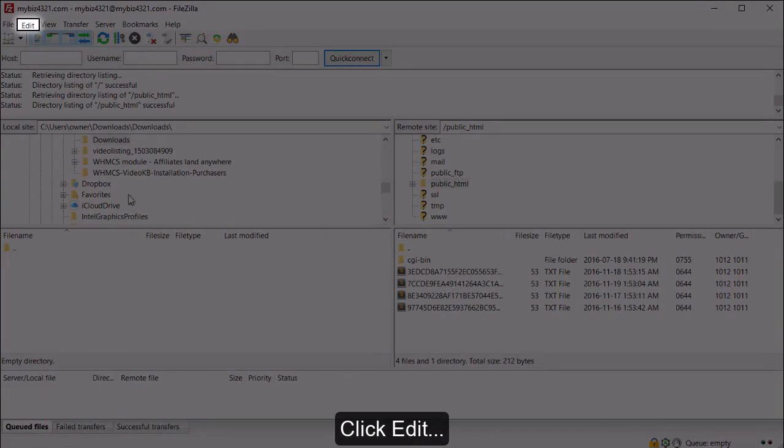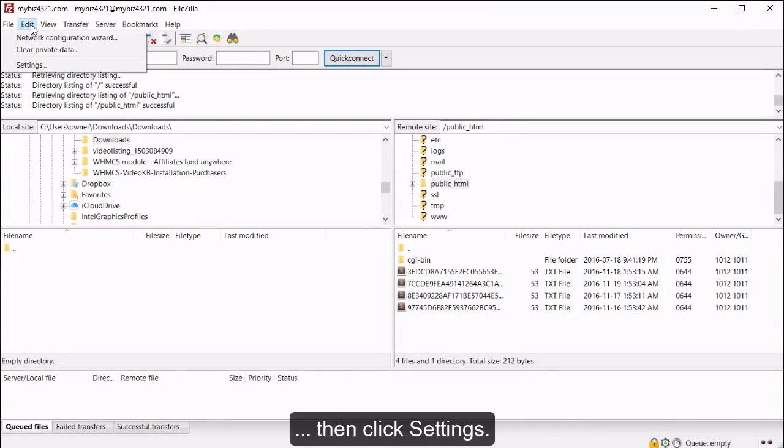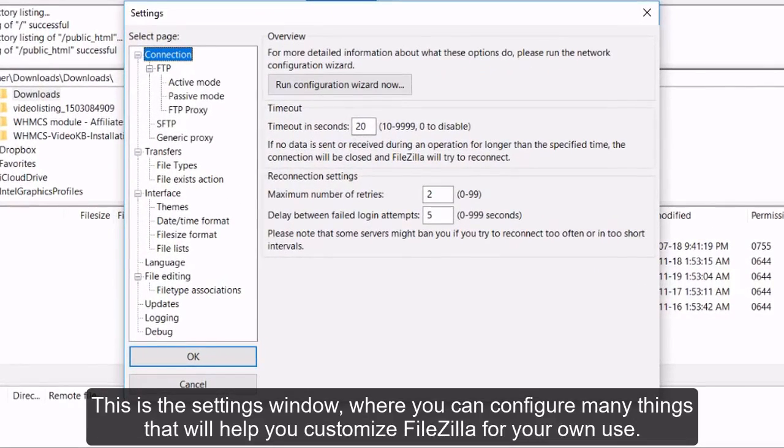Click Edit, then click Settings. This is the Settings window, where you can configure many things that will help you customize FileZilla for your own